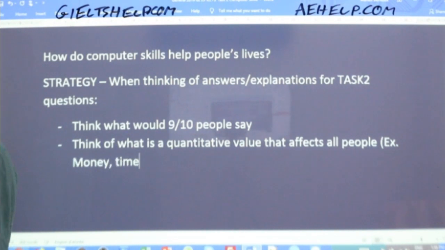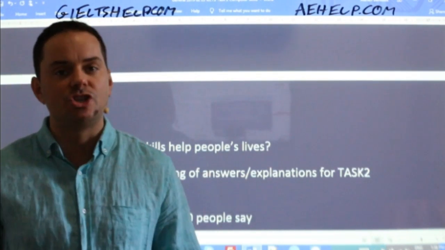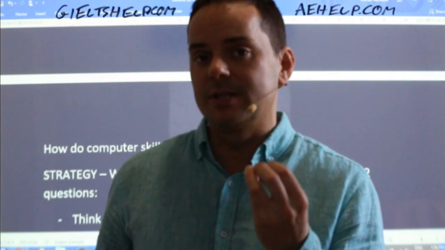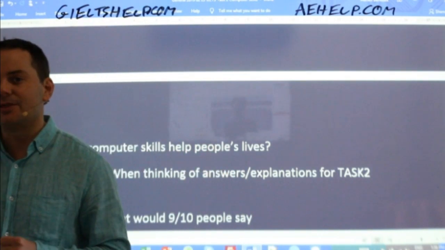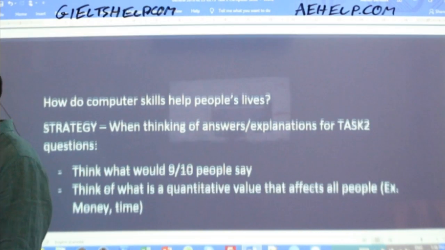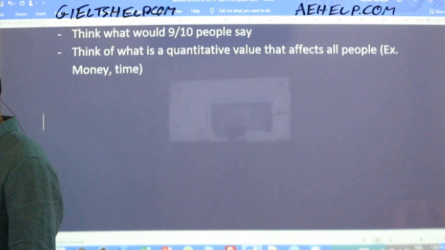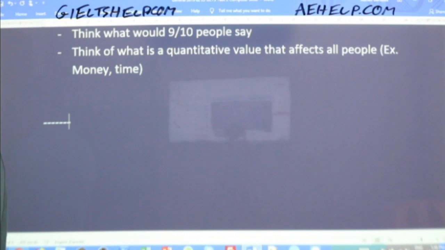All right, great. So we have some good planning. I gave you some good strategy there for planning. So remember, think about these values that we can quantitatively measure. Don't use the word things, Daman. Always avoid the word things. It has zero value. And now we can come up with what statement? What is the statement that we can come up with, which is the most important sentence of your essay?